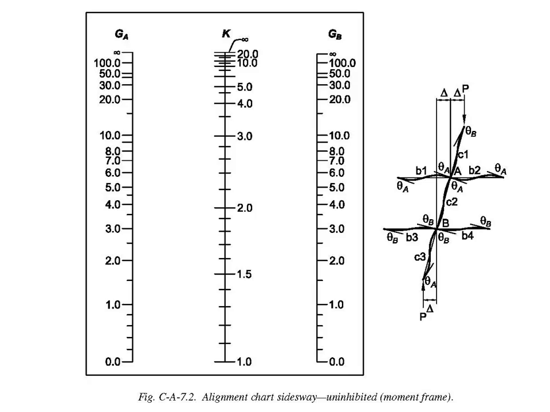The alignment charts were first published by Kavanaugh in 1962. If you're going to have a K, you need something like this. This image shows the sway frame case. There was a similar chart for non-sway frames, also published at this time. These charts were first introduced from unpublished notes in 1959 as the Julian and Lawrence charts. They were published originally for incorporation into the Boston Building Code, and then they made the AISC specification.